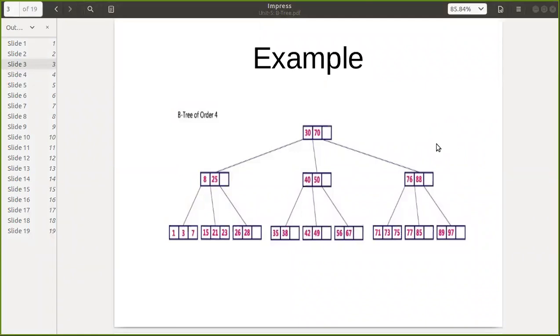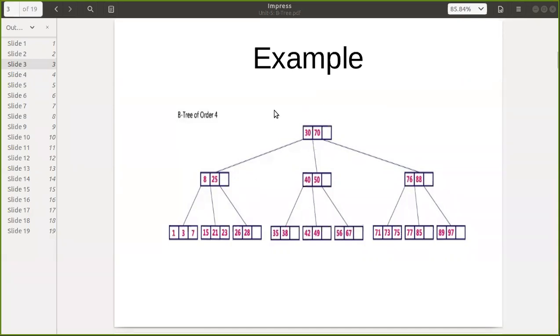Okay. Pointers. Regarding pointers, the question is which key the parent will point to among the three keys.